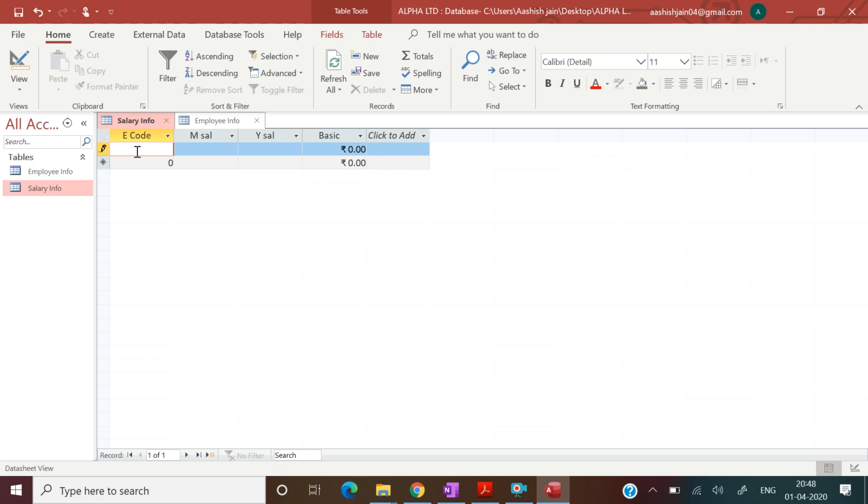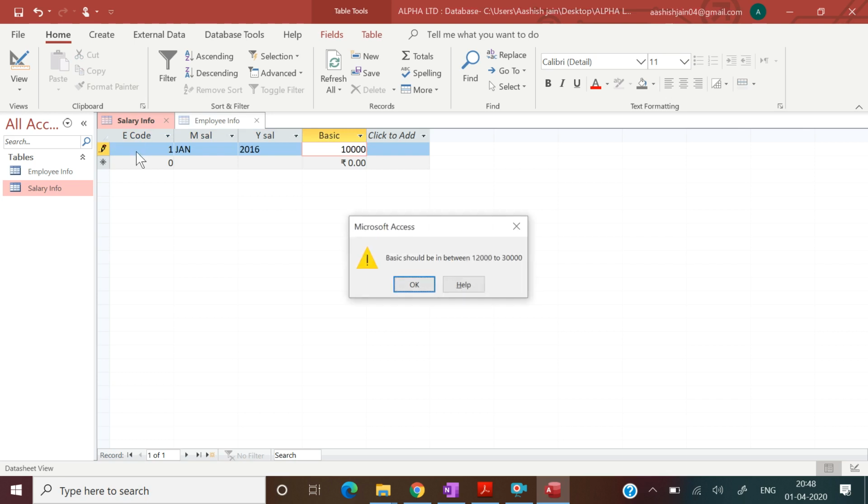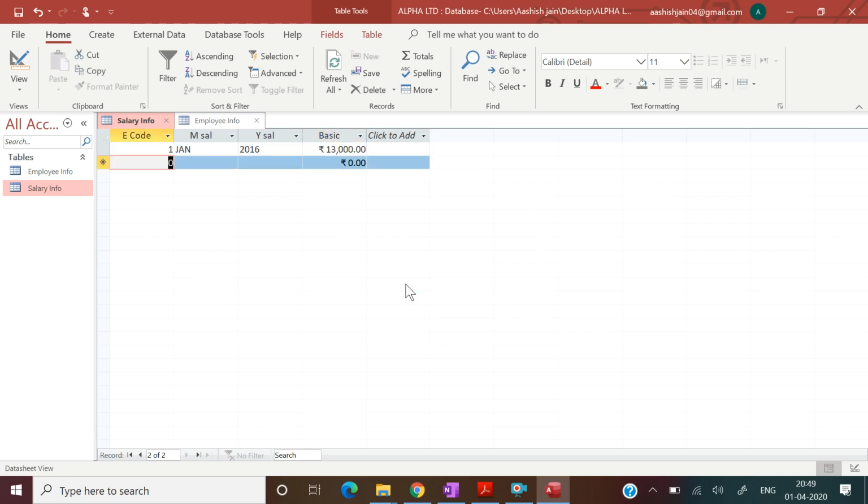Employee code 1, month Jan, 2016, the data must be between 12,000 and 30,000. Suppose if I put 10,000 here, it will not take. Again, if I put 35,000, it will not take. If I put 13,000, it will take.